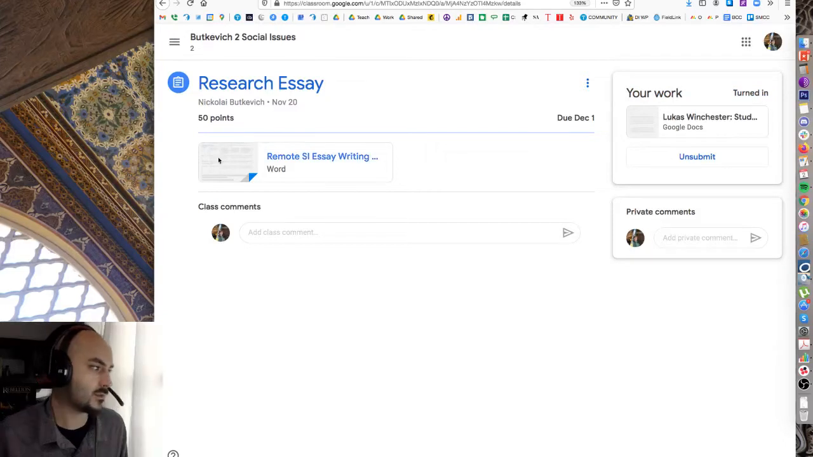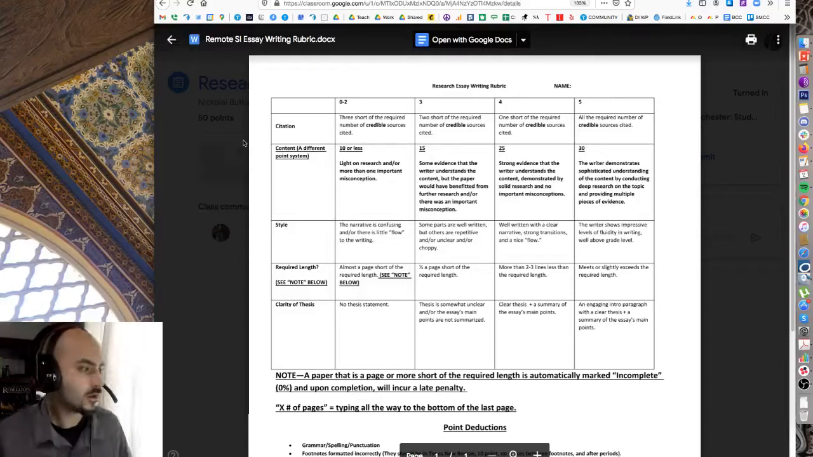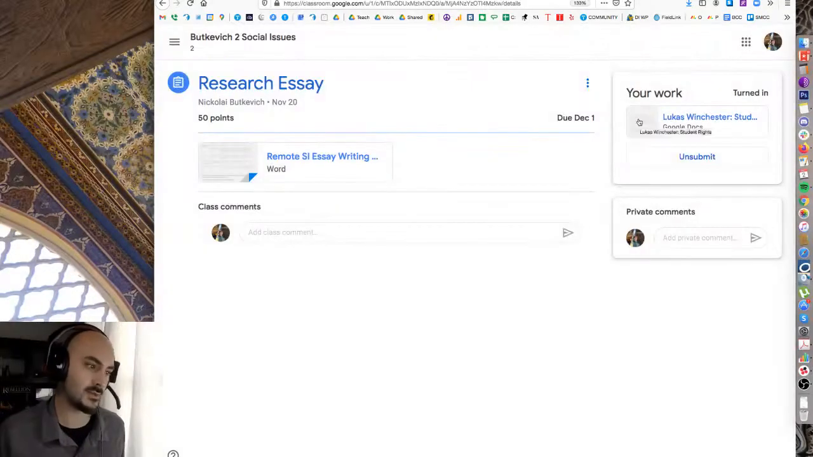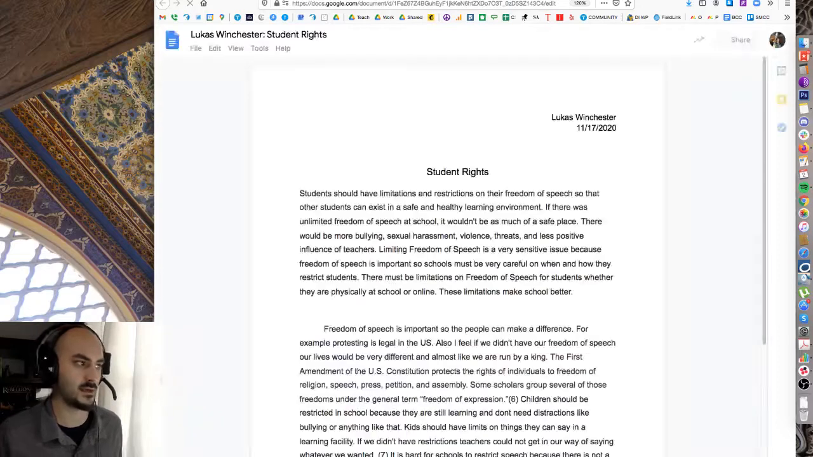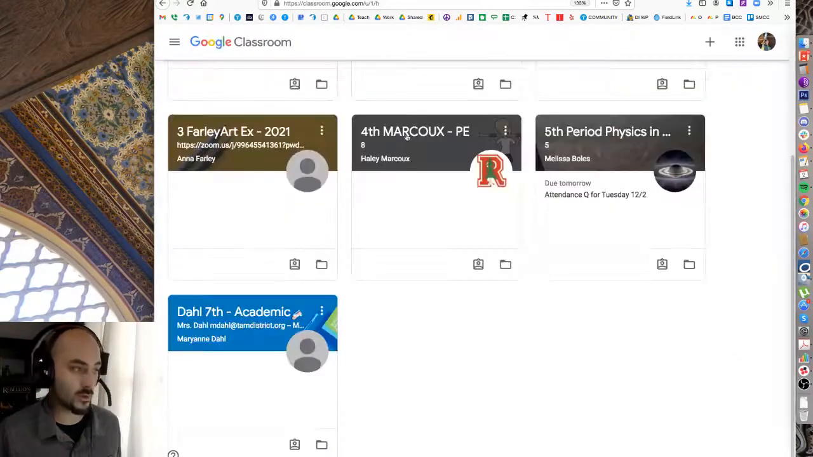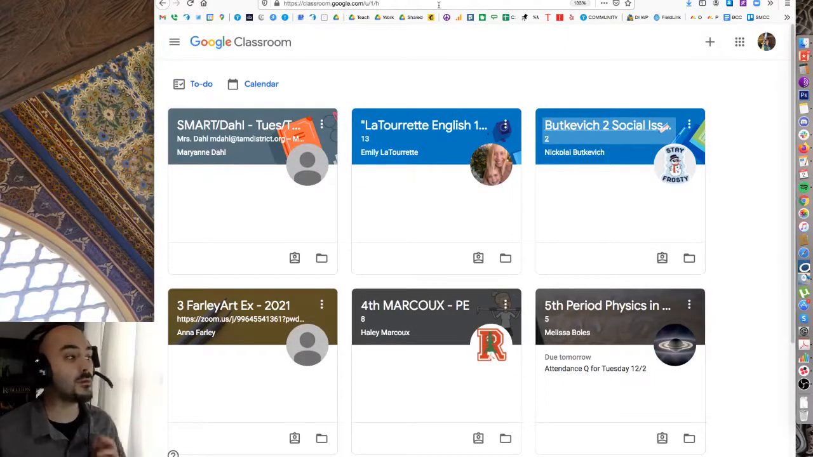You can review if the assignment is not complete yet, this is really good stuff. You can review the rubric right here. The teachers put up the rubric, and then you can even see what the student has turned in. So yeah, this is Google Classroom. I really like it. I think it's a great system. Let's now move on past Google Classroom